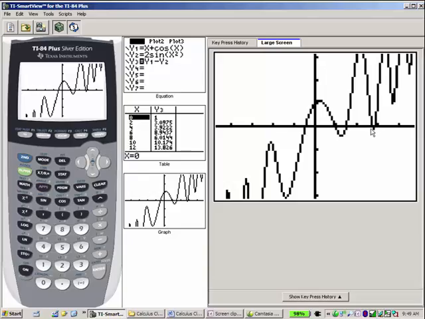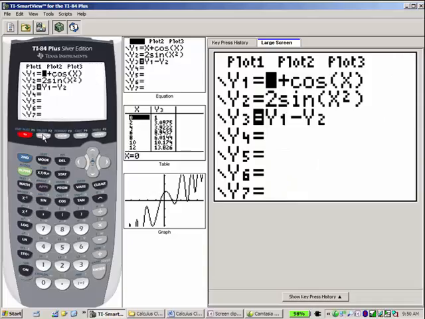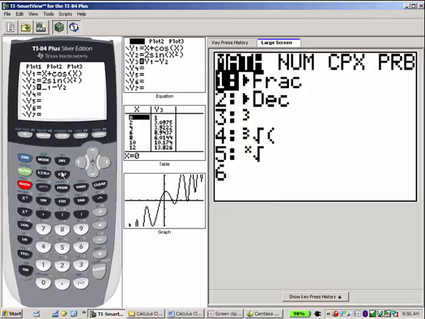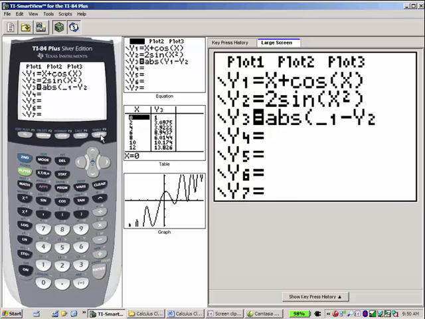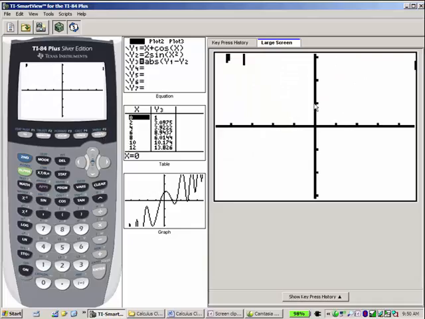I have a trick. What's the trick to make all my areas positive? Oh, plus one. Nope. Not bad, but I have a trick. And it's not adding 1. What will make everything below the x-axis above? Absolute value is a great trick. So I can actually go down and say, hey, insert math number absolute value. And now if I look at this again, everything's above the x-axis, and the area that I want,